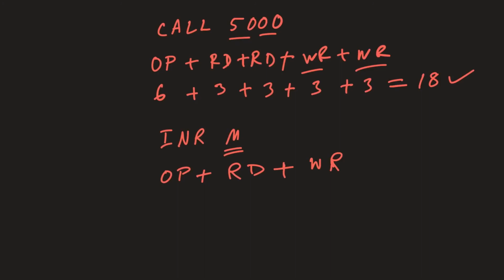So if you know how many read and write cycles are there in an instruction and how many T states are there in an opcode fetch machine cycle, you can draw the timing diagram of that specific instruction. Here we end the lecture for the 8085 timing diagram.